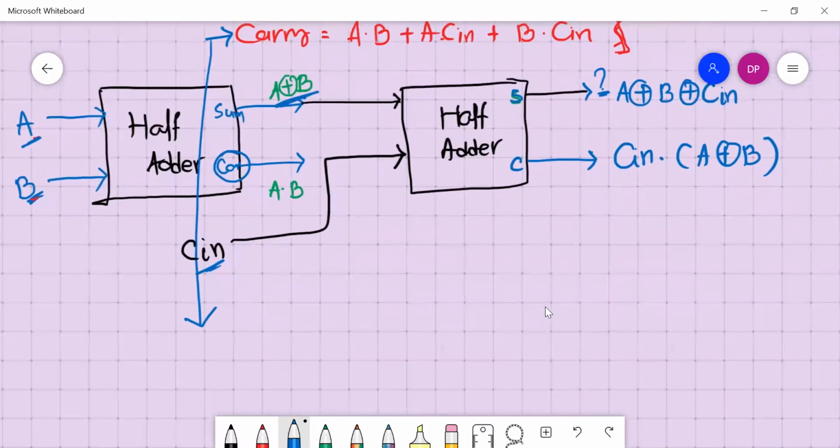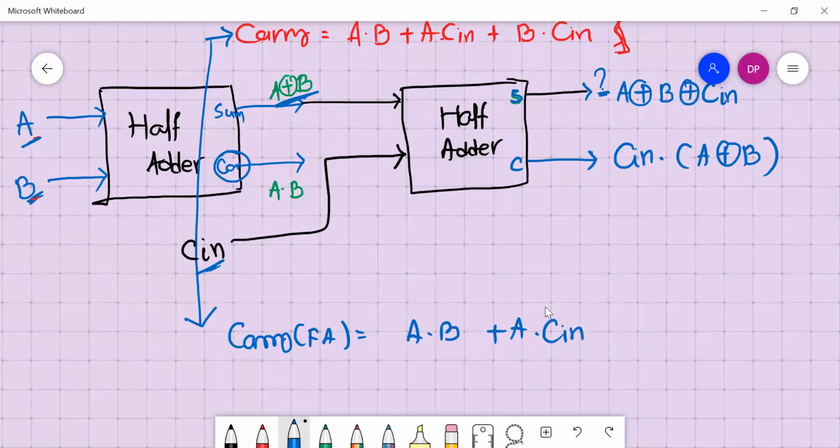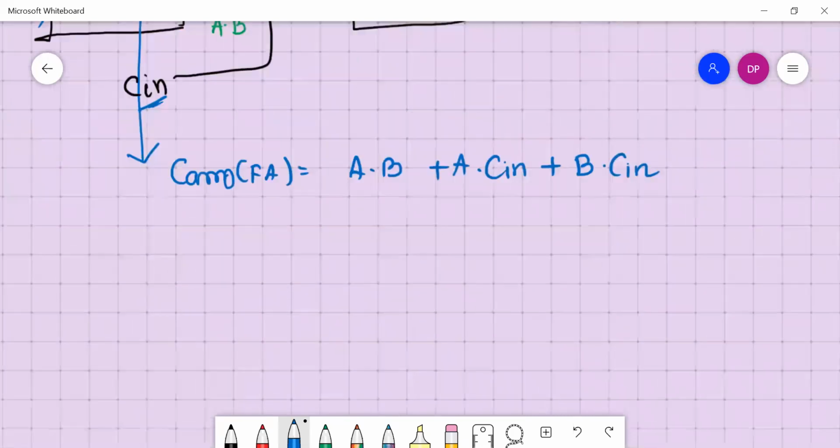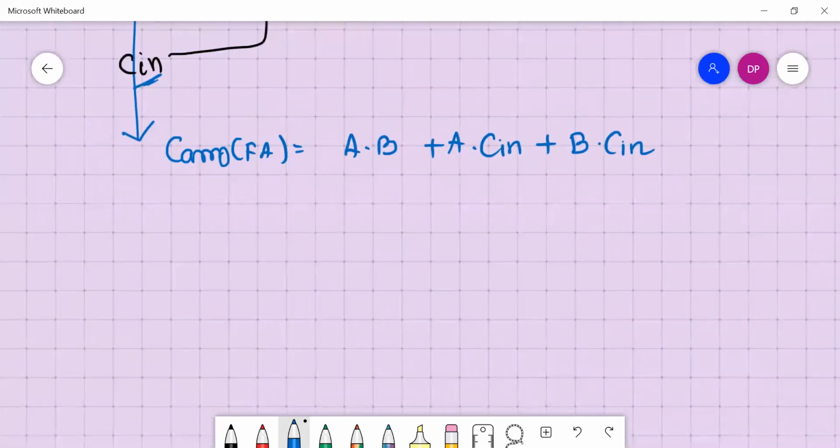Okay. Let me write it here. So carry of full adder, okay, is equal to A dot B plus A dot C in plus B dot C in, right? So I'm going to simplify this and get an expression for this.